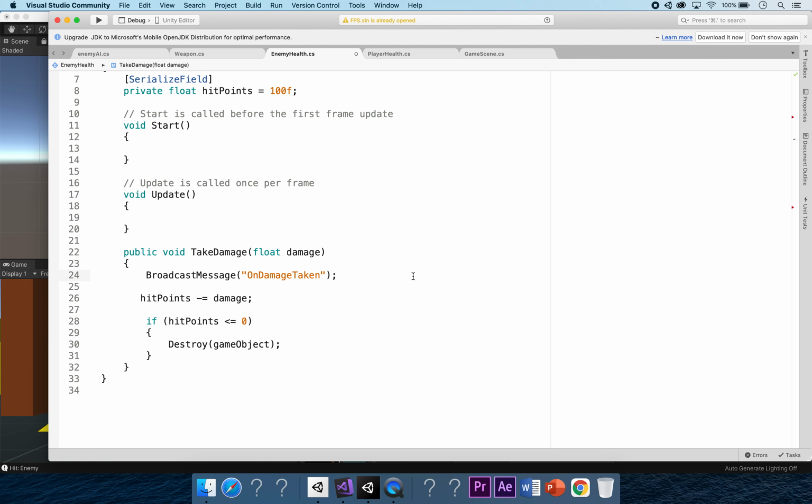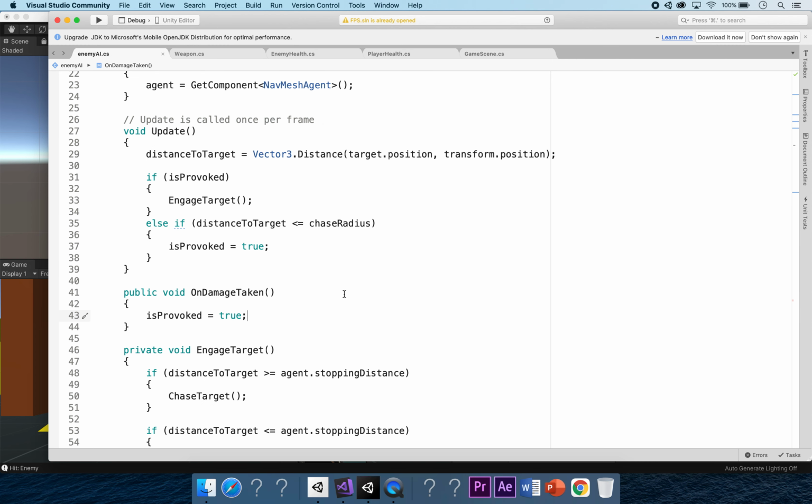If we use this lots, I would probably suggest using GetComponent, because if we're more specific, then we're going to have fewer bugs. But at the moment, I just thought I'd show you BroadcastMessage, and how versatile it is. So if we save this script, make sure we go over to our enemy AI script as well and